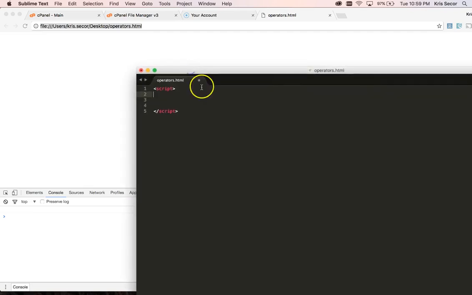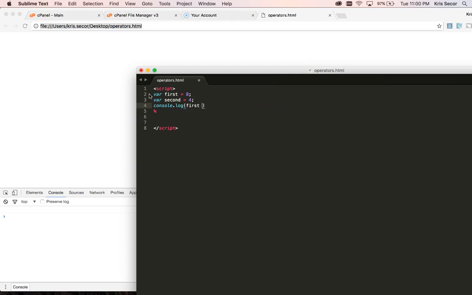Now let's take a minute and talk about operators. In JavaScript, if you have a past programming language, the operators are very, very similar. They have the plus, the minus, the divide, the multiply, and that's fine. Those are easy. What about this little guy? He's called a modulus. So if I had var first equals 8, and var second equals 4, and I were to console.log